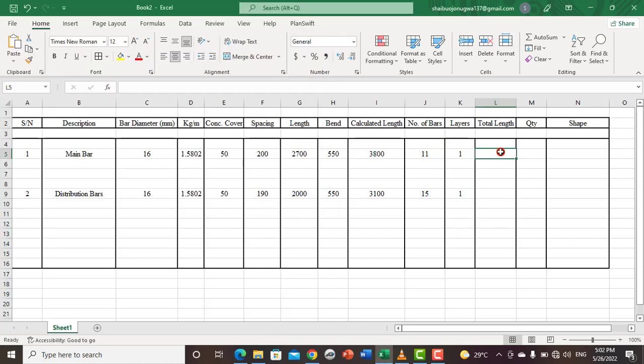Now the last thing to do here is the total length. We have already known that this is the number of the main bars that are in that particular column base, and this is the calculated length, which includes the bend and the actual length and excludes the concrete cover. So to get this total length here, I just need to multiply this calculated length by the number of bars, because this calculated length is the actual length, and then this is how many of the bars are in the column base. So I'll just press equal to calculated length times this particular number of bars, equal to,